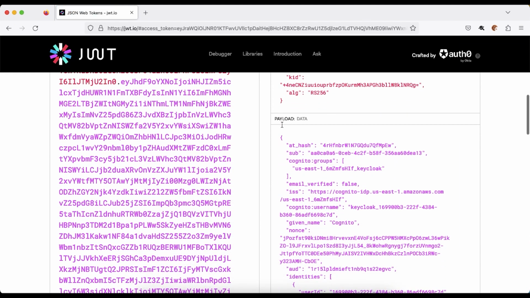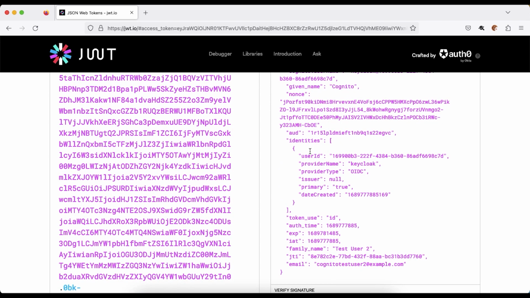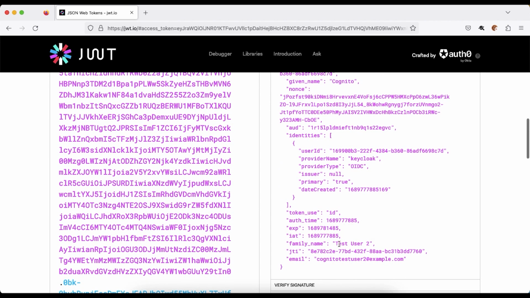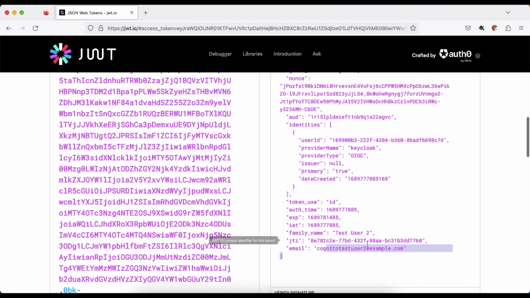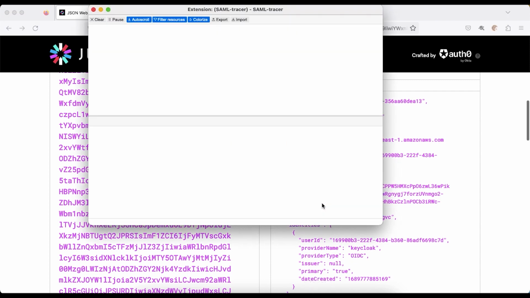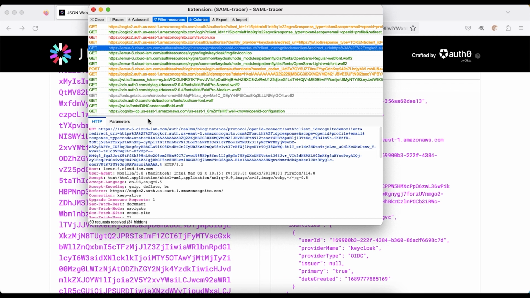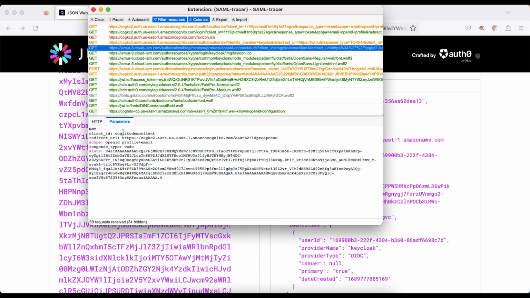Yes, so I was able to log in successfully, and you can see the ID token here, and you can see all the values in the ID token: the family name test user 2, and the email cognito test user 2 at example.com. The given name is Cognito, and you can even see all the URL redirects that are happening. When I click that Keycloak button, it actually redirected to the Keycloak instance with client ID as Cognito demo client, the redirect URI, and OpenID profile email scope,